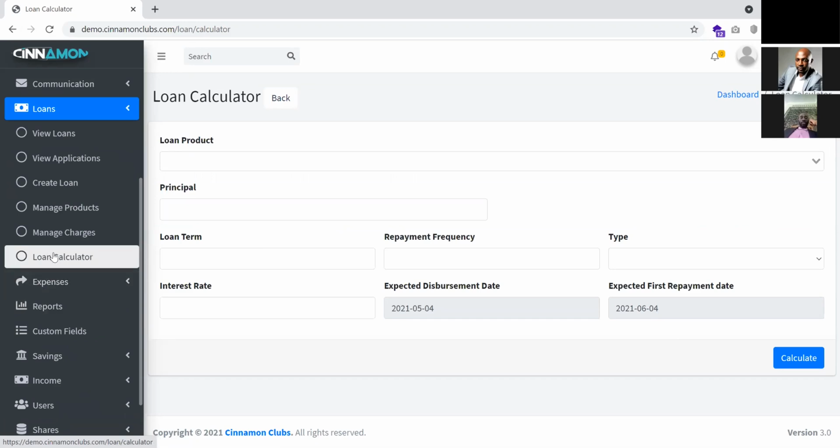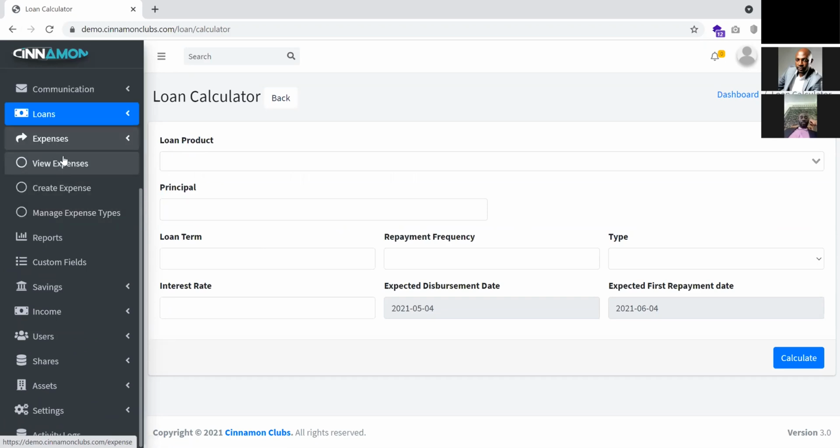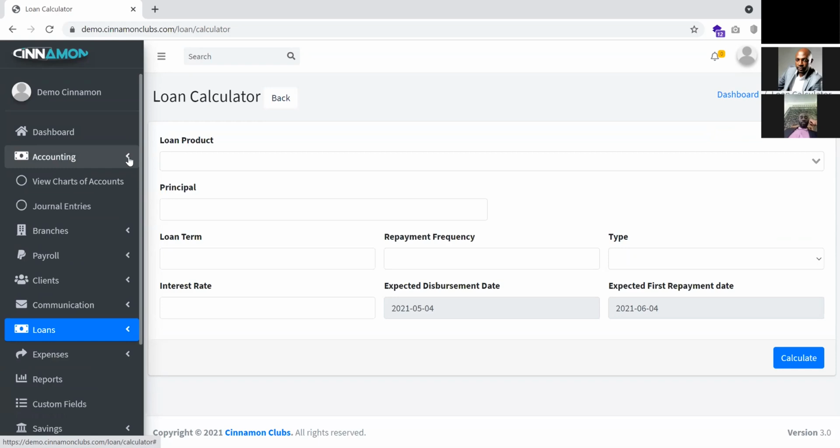So I will go to expenses. These expenses, we believe as a circle, I mean, as a cooperative, you have expenses, and the first version of Cinnamon did not have an accounting platform, or an accounting module. And the complaint was, now we are still small, we are still starting. Why should we buy an accounting software, then buy Cinnamon? Why don't you give us